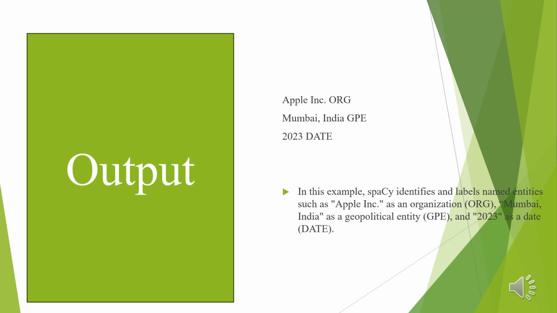And these are the key benefits of using SpaCy for NER, like pre-trained models, which are ready to use without extensive training, and then high-speed processing, which is efficient for large-scale text analysis. Another benefit is customizability. Here we can train models to recognize domain-specific entities like product names, medical terms, or legal references, or anything. So with just a few lines of code, SpaCy helped us extract meaningful insights